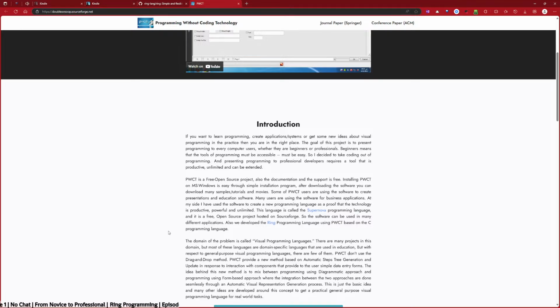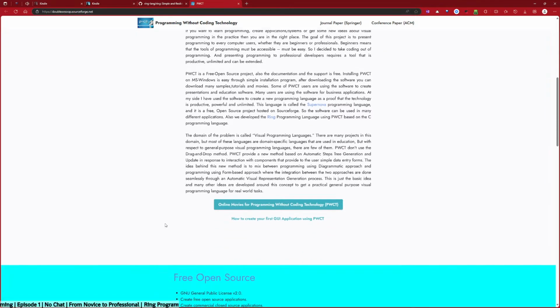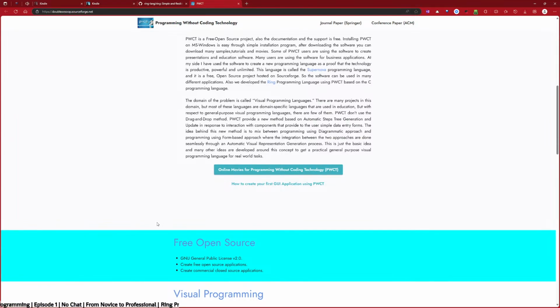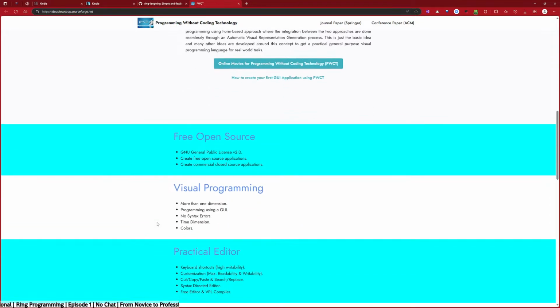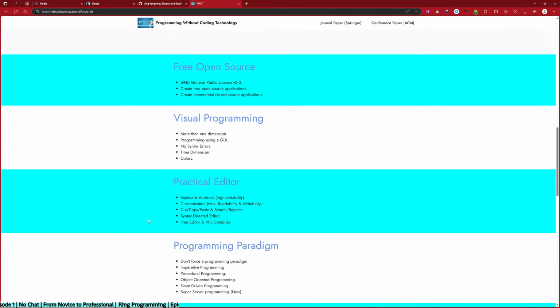So I guess this is also meant to be visual, but maybe Ring is like the next iteration of that, closer to the end user. This seems more lower level, primitive.